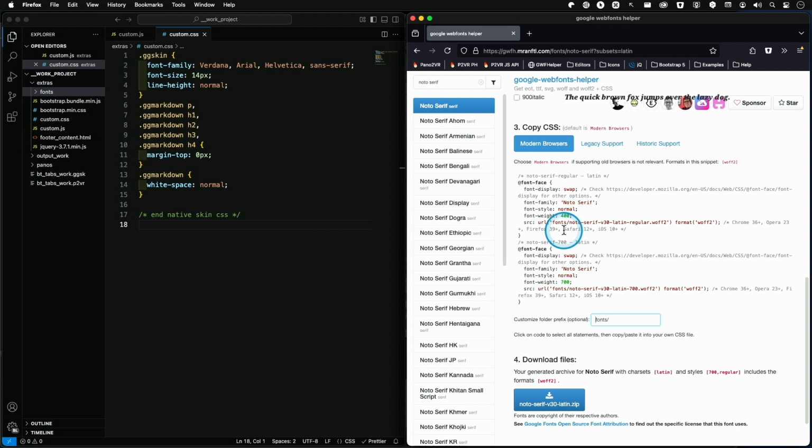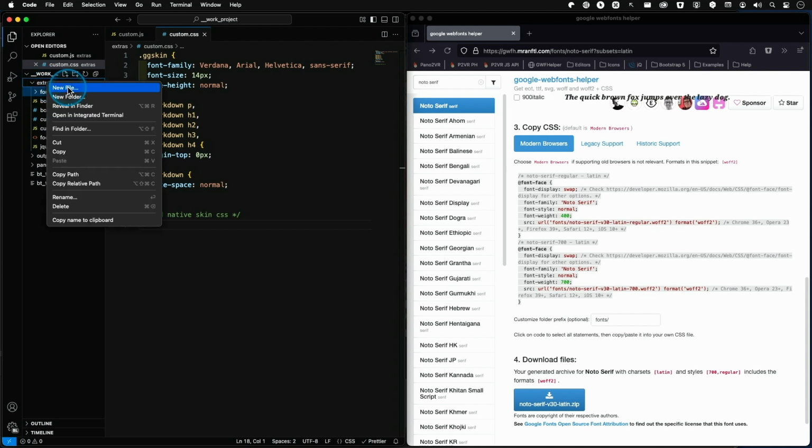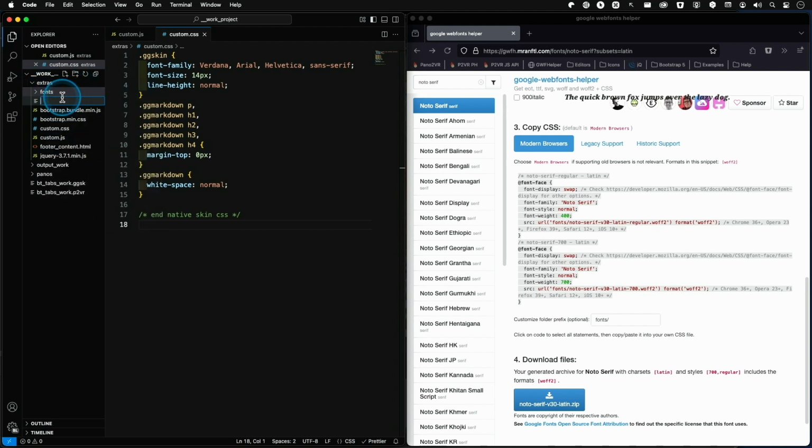And so the path will only point to fonts from this file I'm building soon. And now let's do this first. I select all this, copy it, and then I'm heading over to my code editor, and I go to extras, new file, and this file will